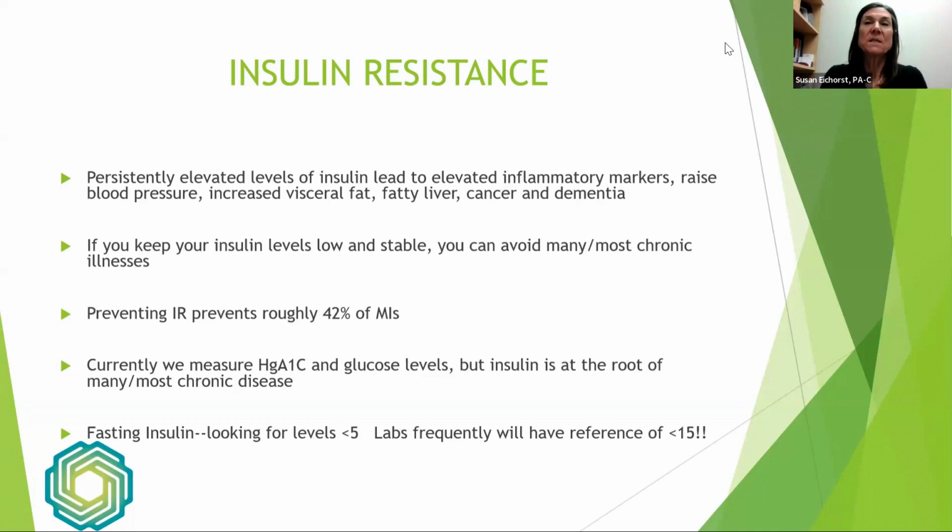But the insulin experts out there, the anti-diabetic, anti-dementia, anti-chronic disease, functional medicine, integrative medicine, Ben Bickman, Jason Fung, Mark Hyman, Dave Perlmutter, all these experts, say fasting insulin should be less than 5. Very different levels than your doctor may be aware of, very different levels than the labs say is okay. And I think this is a major component of why we have so many issues out there.